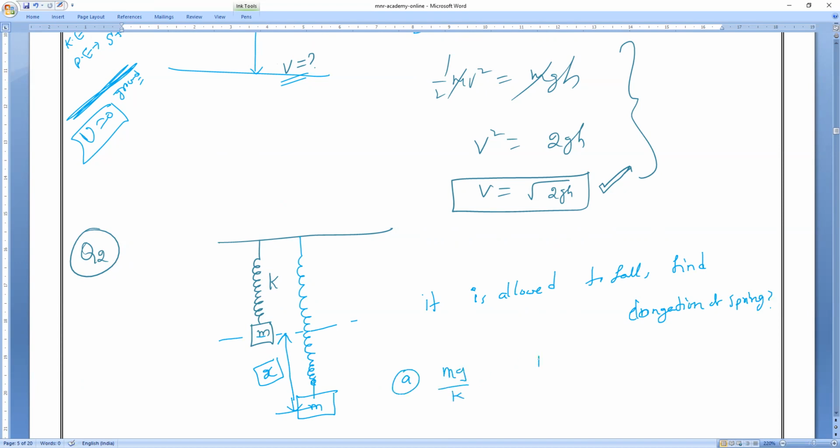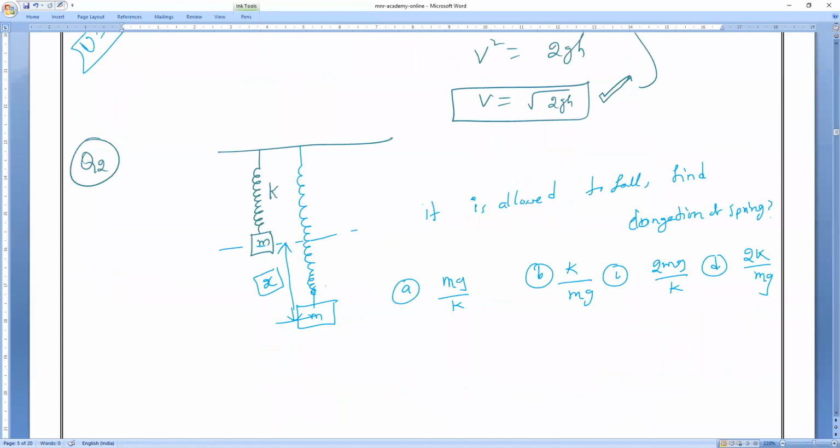Option A, mg by k. Option B, k by mg. Option C, 2 mg by k. And option D, 2k by mg. So these are the 4 options. So please make it and we will see that. Okay. So all of you observe very carefully. Now, if you consider this is the baseline, if this is the baseline,